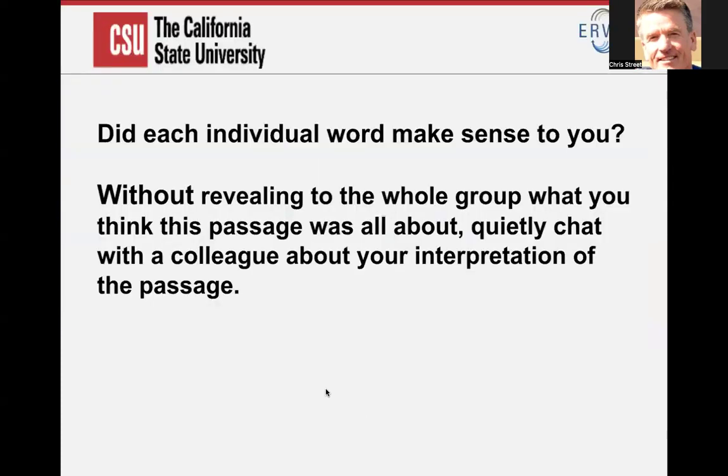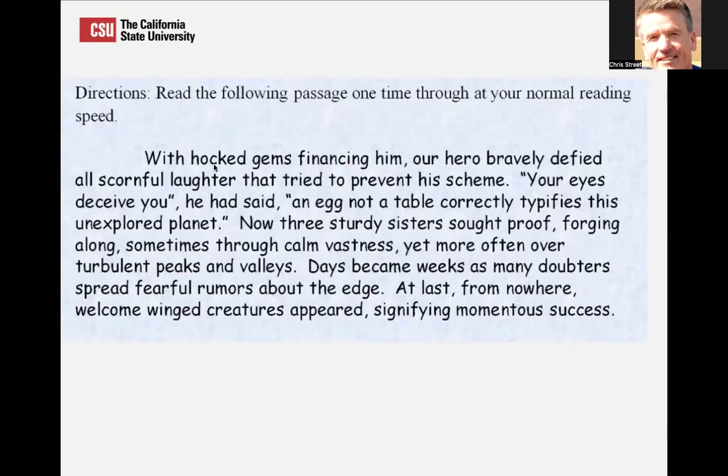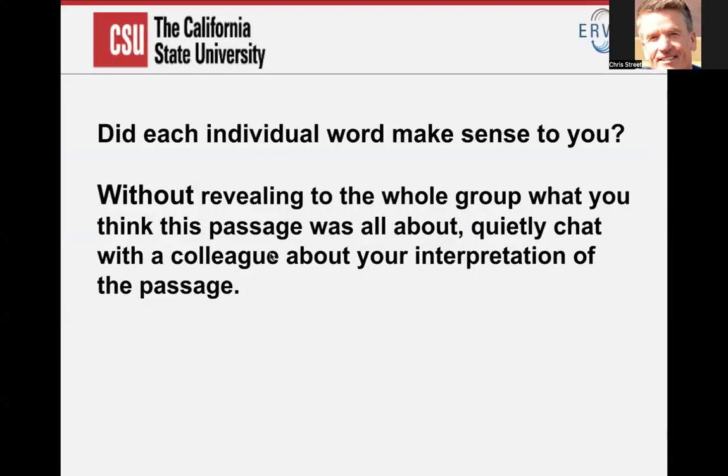Now let's think about it. Did each individual word make sense? Yeah, I bet they did. Maybe "hawked" is a word that you might not have seen much before for sold gems, but generally, I think we're going to understand all these words individually. But without revealing to the whole group what you think it's about,